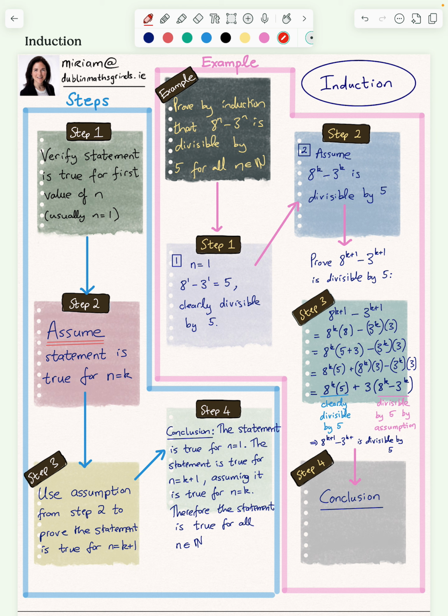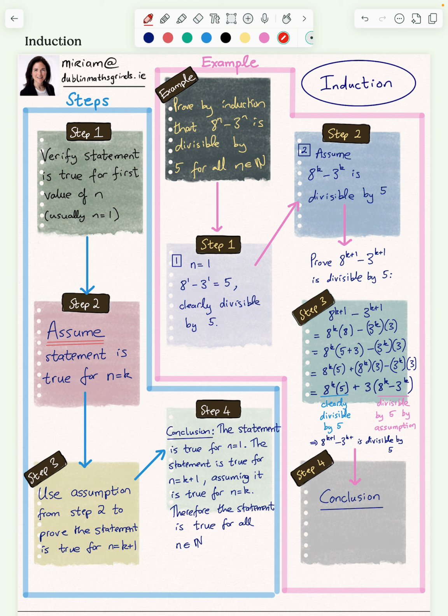One of them is where you have a big long sum and you contract it down to one little formula. Another is of the type in this example, proving that a certain quantity is divisible by another number, and then the third type is proving inequalities using induction. You will always be asked to use induction. You won't have to be inspired to use induction. And then you also have the proof of de Moivre's theorem by induction, which I have just put up on YouTube as well,